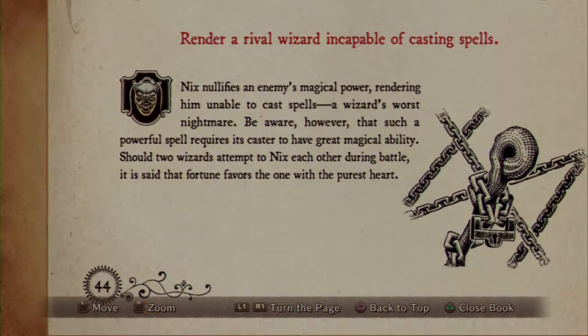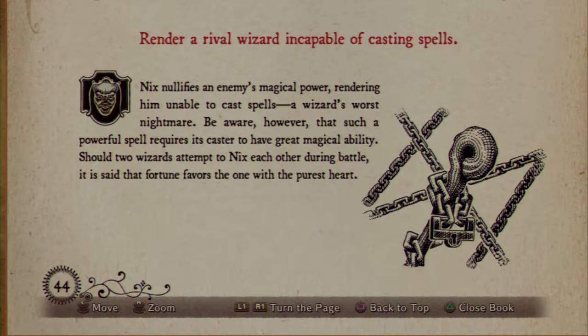Render a rival wizard incapable of casting spells or familiars. It works on either. Nyx nullifies an enemy's magical power, rendering him unable to cast spells, a wizard's worst nightmare. Be aware, however, that such a powerful spell requires its caster to have great magical ability. Should two wizards attempt to nyx each other during battle, it is said that fortune favors the one with the